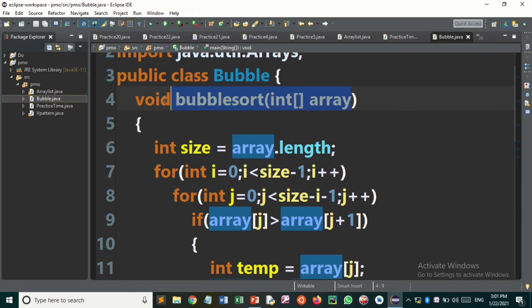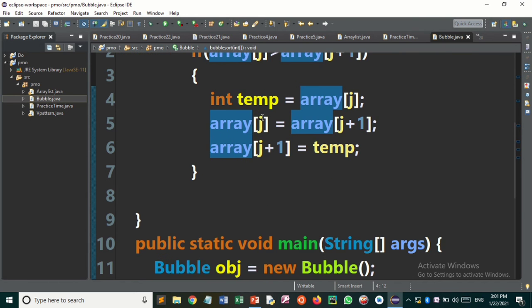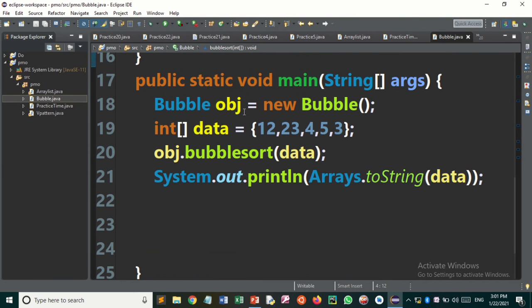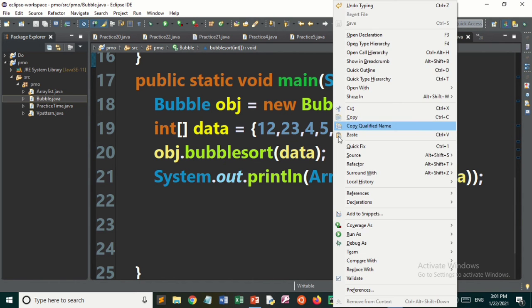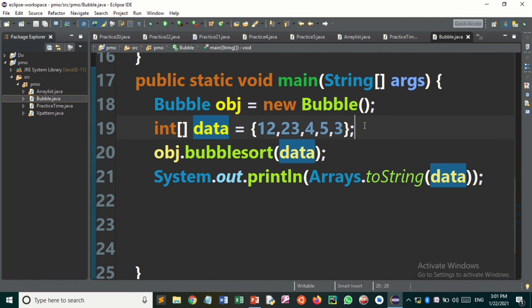This method will be called with the object name. So object dot bubbleSort, and we pass this data and print it.